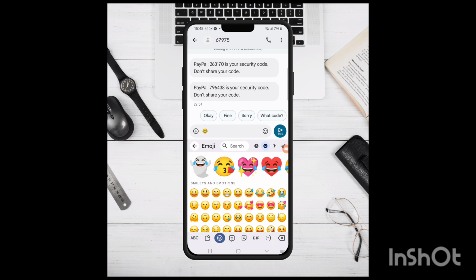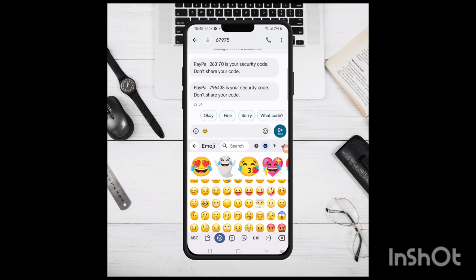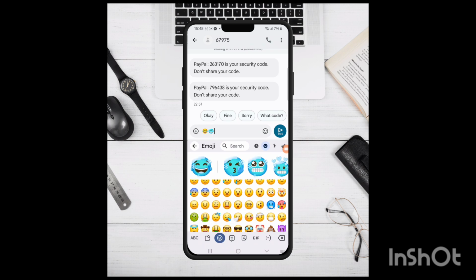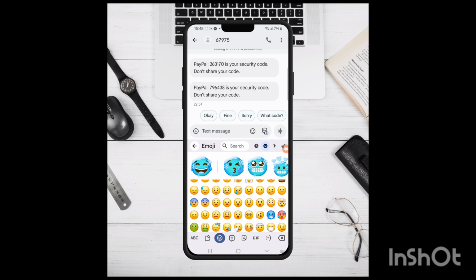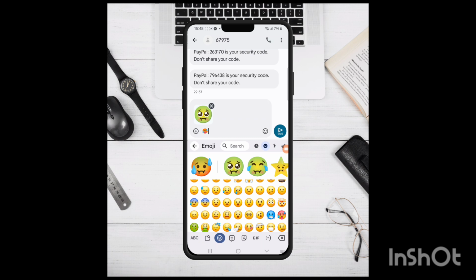But if you want a custom one, you can press one emoji. So we picked the laughing one, and then we'll choose a different one. So as you can see, it creates a custom, like a mixture of the two emojis. So we'll do another one, and this one, and then you press it,